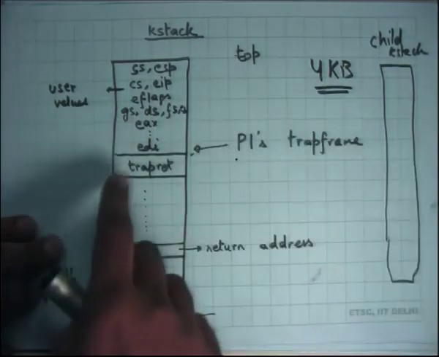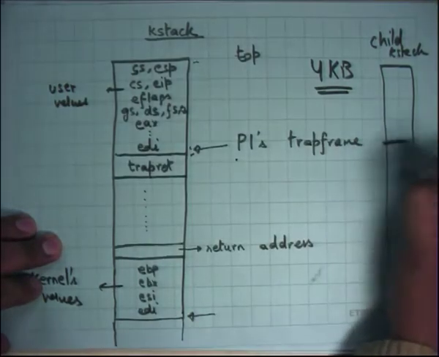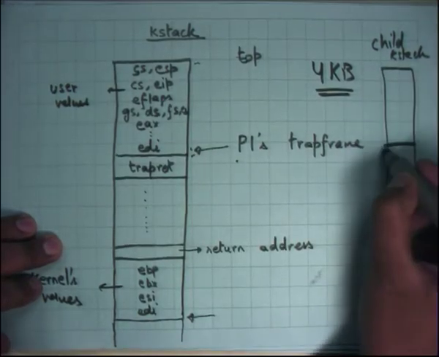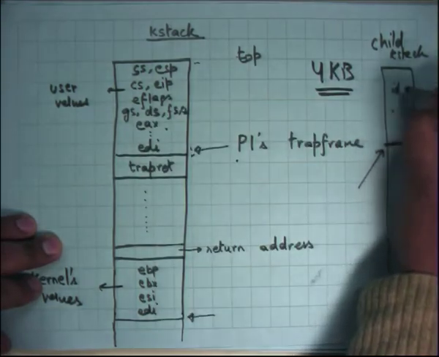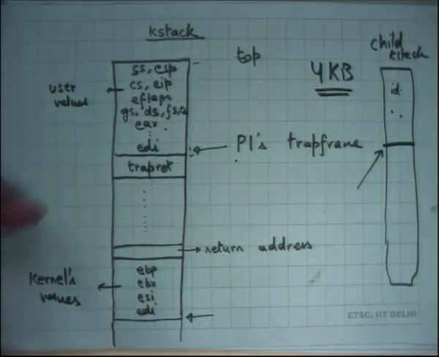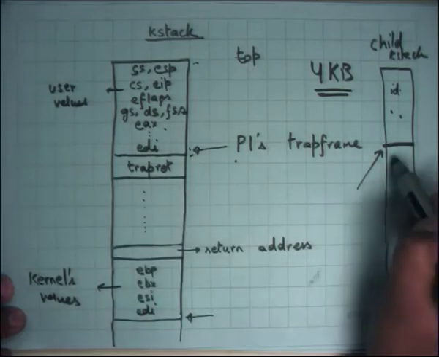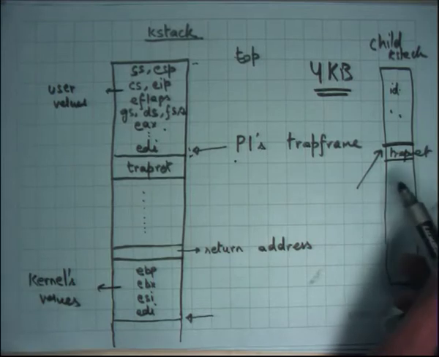that it has the identical trap frame, right. So the trap frame is identical, the contents of these two are identical, except that the EAX value is different, right. So that's how the child will have a different return value and the parent will have a different return value, that's all, okay. The other thing I do is, I also push trapret here, so that when it gets scheduled,